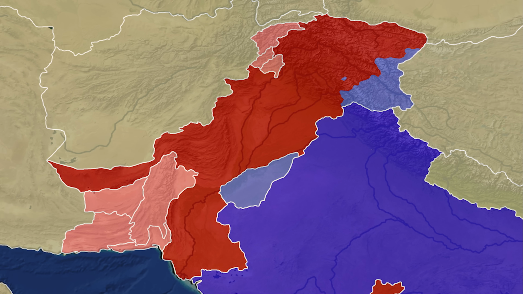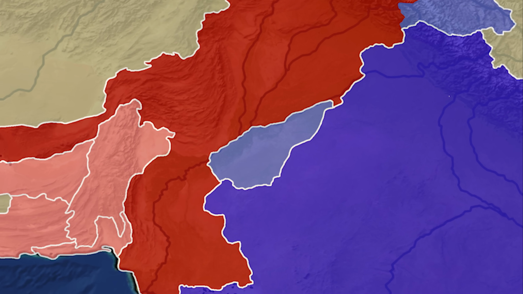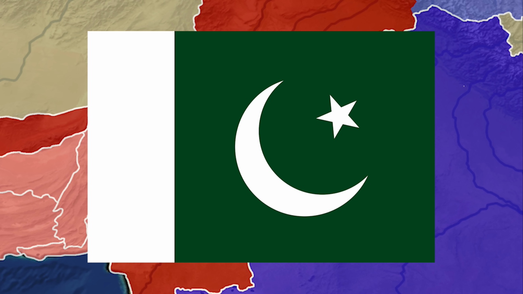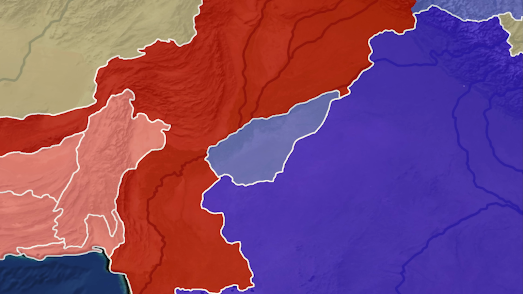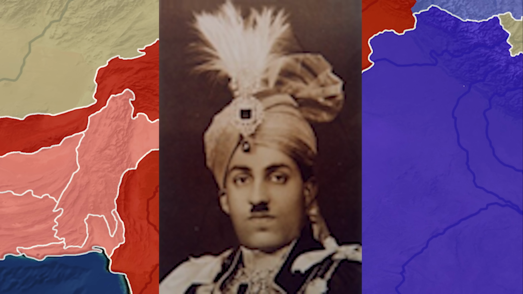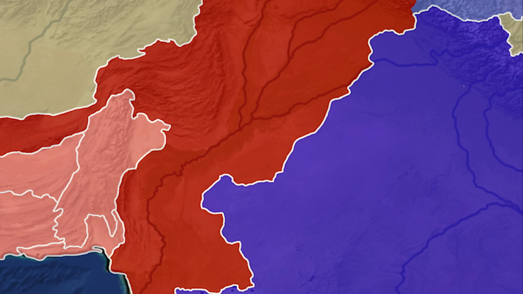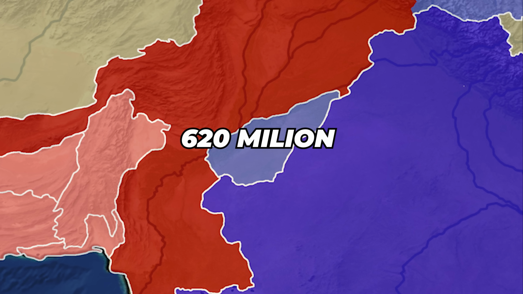If you remember from earlier, India was supposed to give Pakistan 750 million rupees, but only gave them 200 million before the war had started. Now they would nationalize the rest of the 500 million rupees. What this means is that Bahawalpur would give Pakistan about 35% of what India gave to Pakistan, and this is a lot of money. If India manages to successfully invade Bahawalpur, capturing Sadiq Muhammad Khan V in the process, they can literally prevent 620 million rupees from making their way to the Pakistani economy,